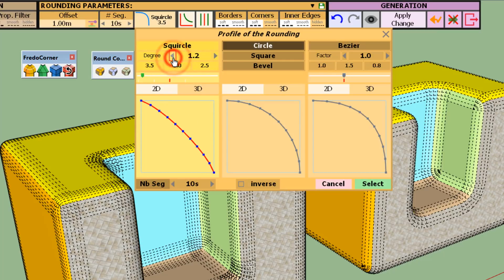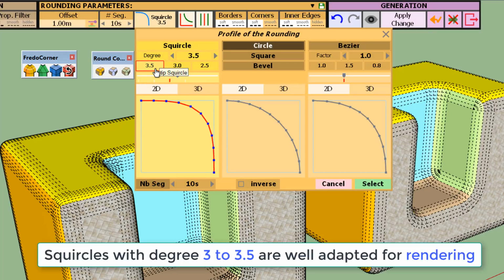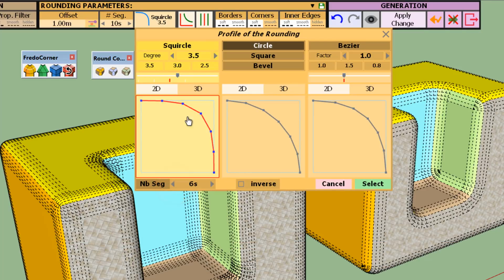If you start decreasing and go to 1, a degree 1 is a bevel. Usually, it's better to have a squircle degree between 3 and 3.5, which gives the best result for rendering. You can indeed change the number of segments.